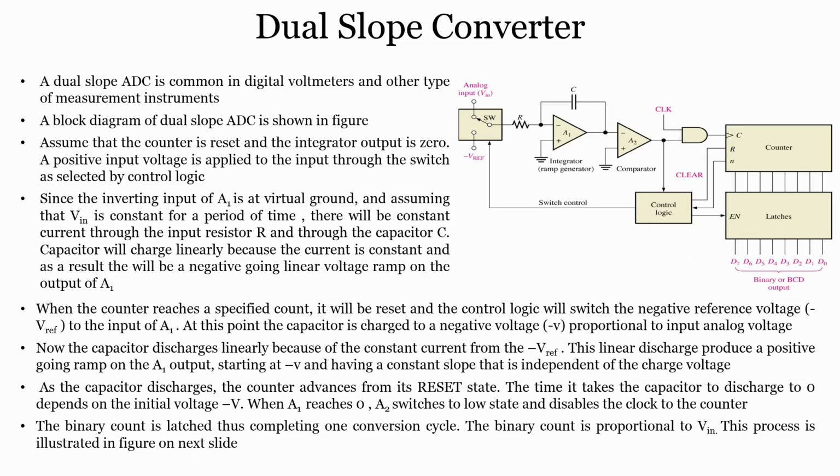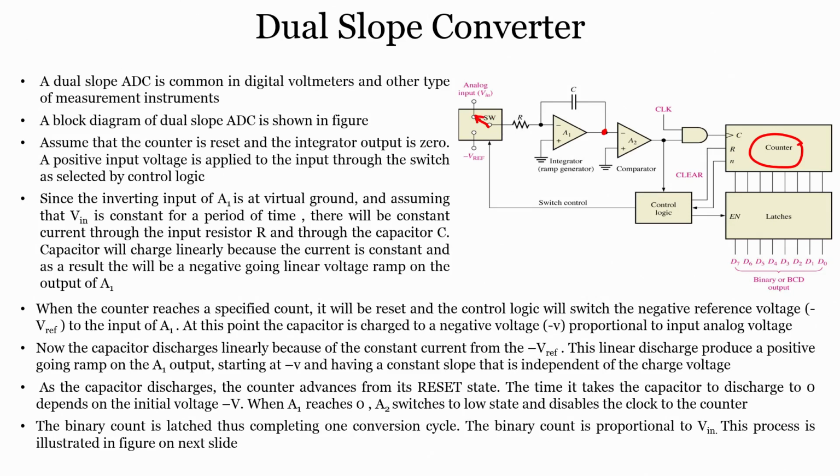Assume that the counter is reset and the integrator output is 0. Okay. So, the counter is reset and your integrator output is 0, right. So, a positive input voltage is applied to the input through the switch. So, here we are connecting the switch to the positive input voltage,